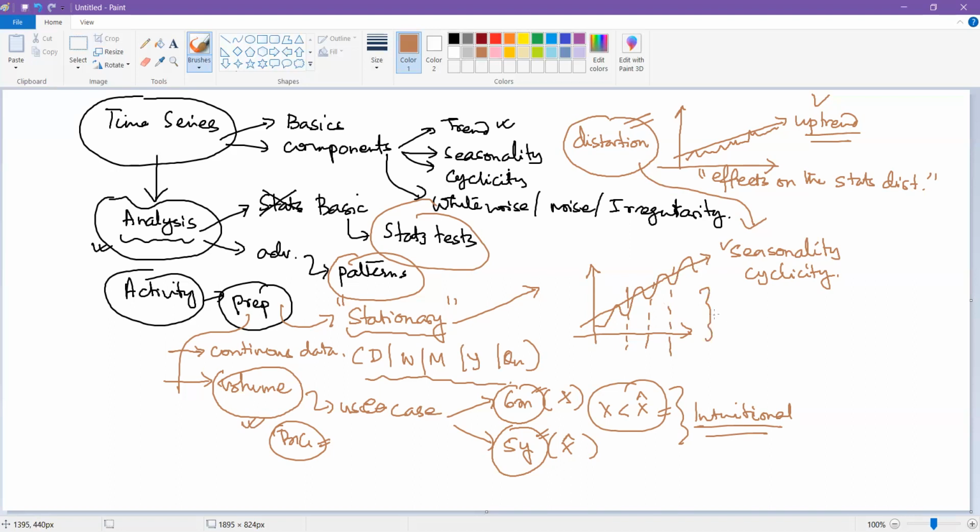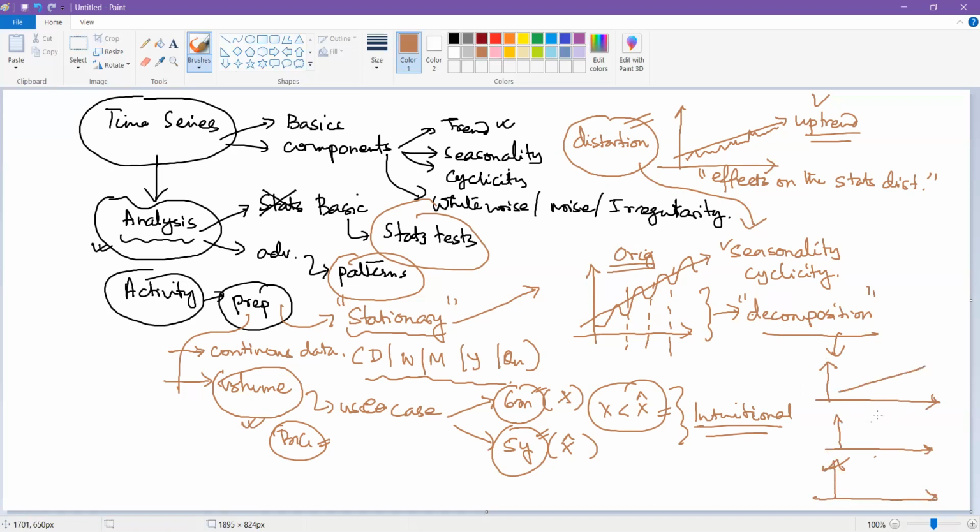If I break this, what I mean by breaking, there is a mathematical term also, it is known as decomposition. So if I decompose my time series, right, and I'm able to somehow remove the trend component from this, then what will happen is my decomposed time series will be something like this. This is my original time series. It will have, let's say, 3 parts. Okay, I can create a time series which is going to now have 3 parts. One part is only going to show me the trend, right? One part is going to show me the seasonality, and one part may show me the cyclicity.